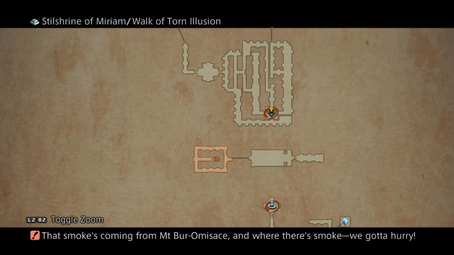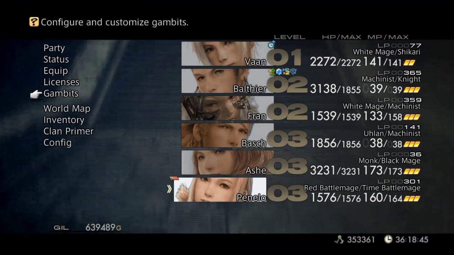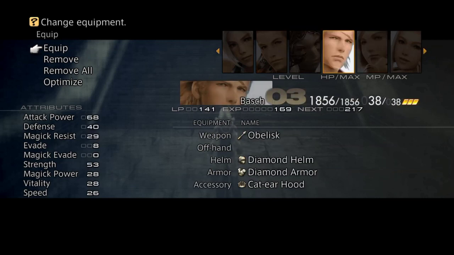Why I'm doing this is because in my previous stream and all before in this new game minus mode, I am basically not making money, not making gil, nearly as fast as I could in the regular game. In the main game, you can equip these cat ear hoods to your characters, and you will be making enough gil to pay for